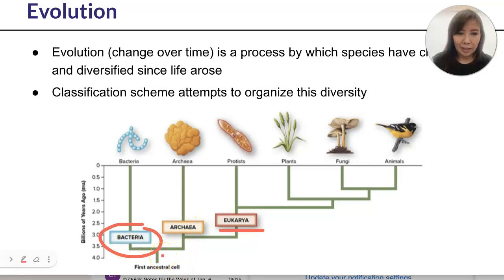So let's see if I can actually write that down. No, ugh, this pen is so thick. Oh, sorry, this is really hard to write. Okay, well, you guys, you heard what I said. There's no nucleus, whereas the eukarya does have a nucleus in it. So that's the distinction. But as we evolve from bacteria to the archaea, and then eventually the eukarya, we get more and more diverse and more and more complex.